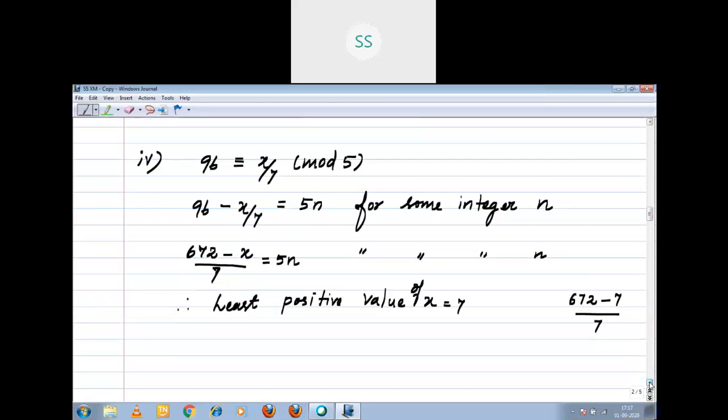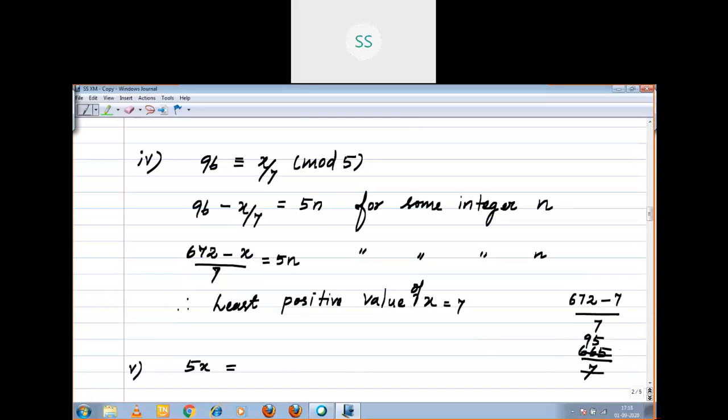Whether it is correct or not, I am going to check that what I wrote is exactly correct. For that purpose, I am going to do the calculation here, right? 665 divided by 7. 7 9s are 63, then 35, 95. Now is it a multiple of 5? Yes, it is a multiple of 5. That's why the least positive value of x is 7. Got it, children? Now I am going to move to the fifth subdivision.